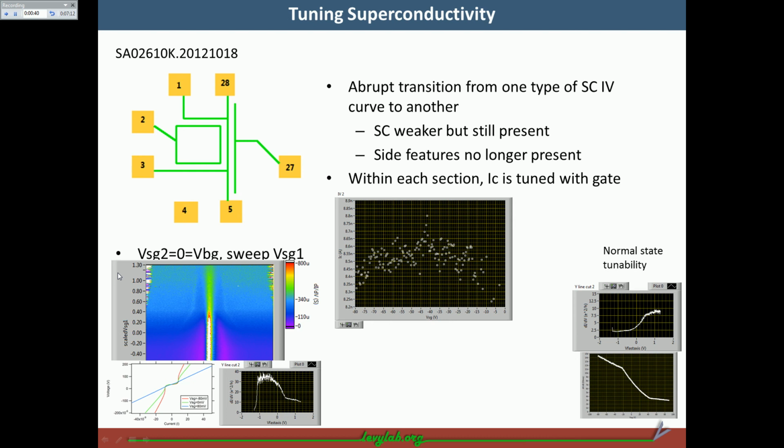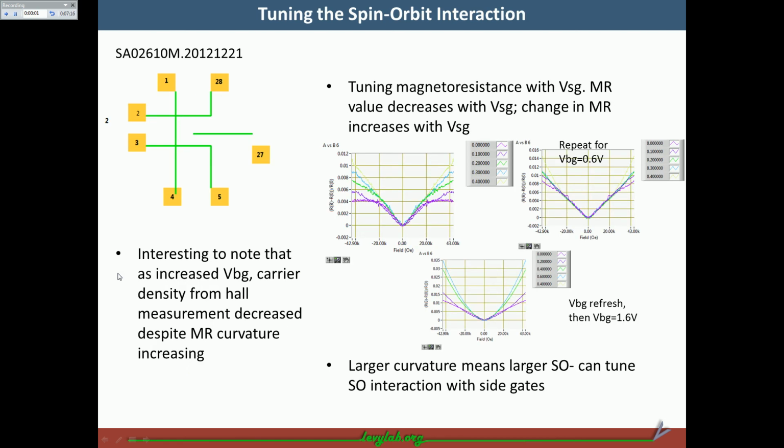Okay. Yeah, so this is good. So I can use this. And then, we can also tune the spin-orbit interaction in these devices. Here, we have 3 different backgate values applied to the device. And so first, at 0 backgate, we see that as we change the side gate,